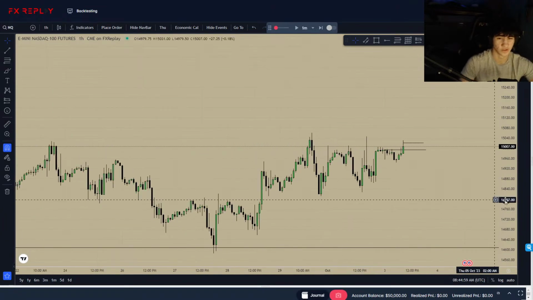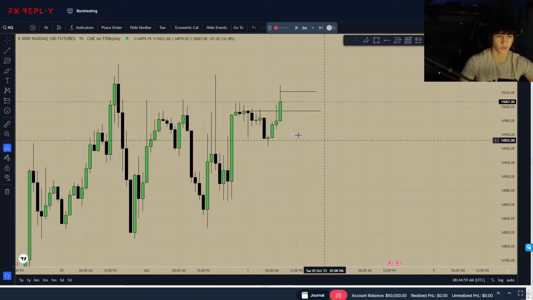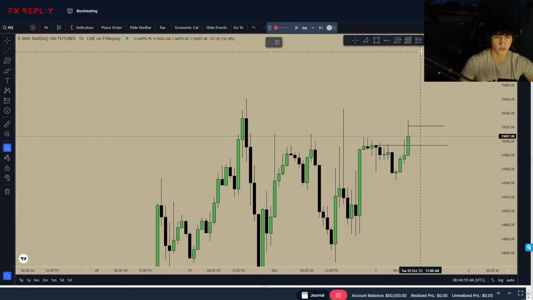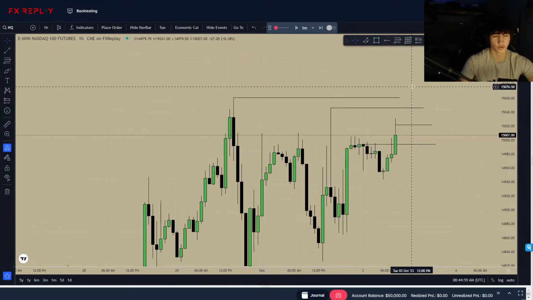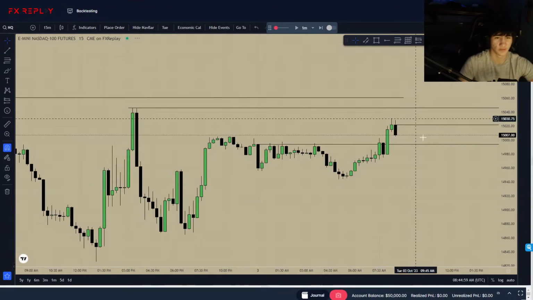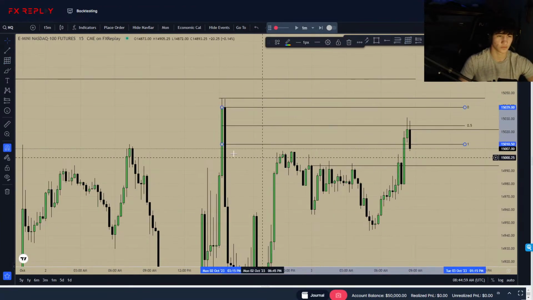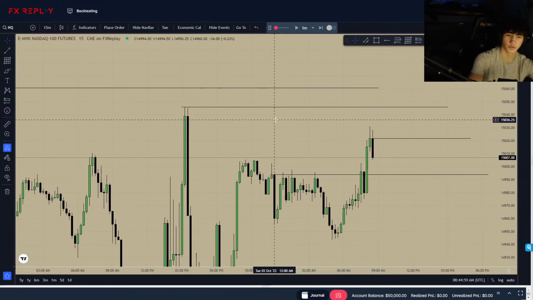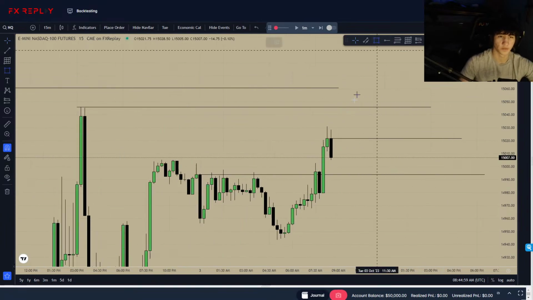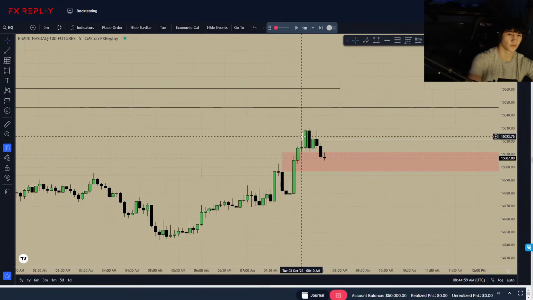Hop down to the hourly. We have the fair value gap right up here. We didn't really respect it as much as I wanted, but these highs are our short-term draw on liquidity. So with that in mind, let's see our mean threshold is order block, just to get a gauge on things. We're pretty bullish, so pretty happy about that. Just mark out this little gap, 5 minutes.